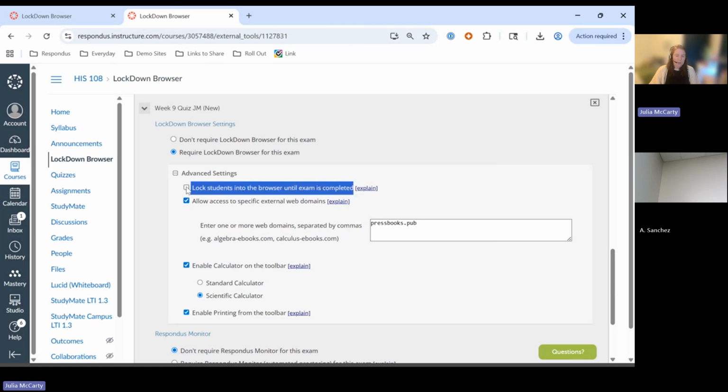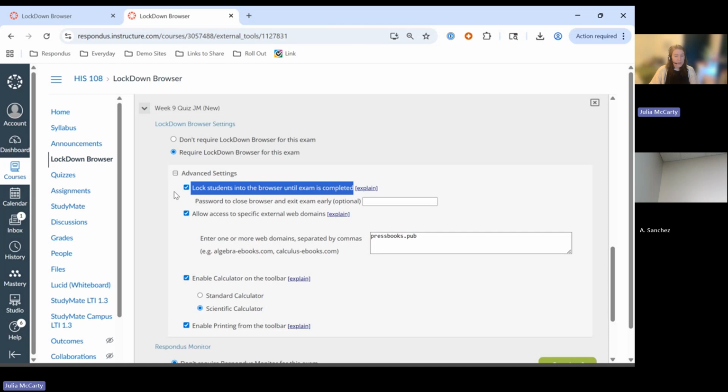This setting, when enabled, meaning when I have it checked, will lock students into LockDown Browser until they have submitted the exam for grading. So again, they won't be able to exit out of LockDown Browser at all until they have submitted the exam. You can provide a passcode here for any proctors or instructors to have handy. So if a student does need to leave early for any reason, maybe due to an emergency or something along those lines, then that password can be typed into the student's device to allow them to exit LockDown Browser and